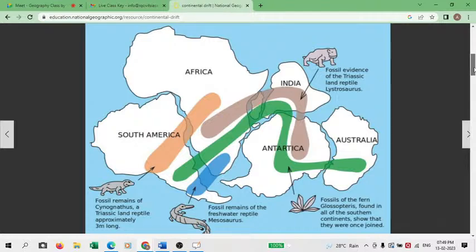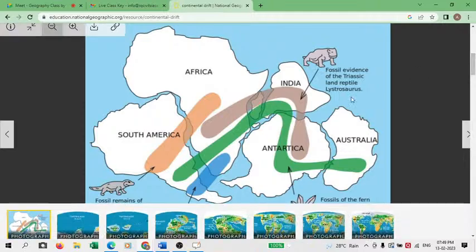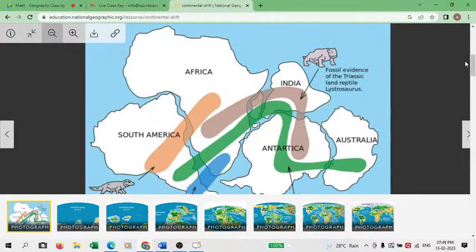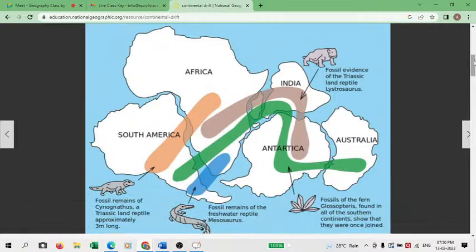And what Alfred Wegener said, and this was proven also, was the fossil evidence of Glossopteris. Now, Glossopteris is a fern, FERN, fern. Bushes, some. But Glossopteris, as per the scientific research, could grow to almost 200 feet height also. It becomes a huge tree. And its seed is very heavy. Research has told us that seed fossils have also been found of Glossopteris, and they were of the opinion that the seed of Glossopteris could weigh up to 1 kg. Huge, right? They used to say, animals were big, trees were also big earlier. Animals were huge, the trees were also huge.